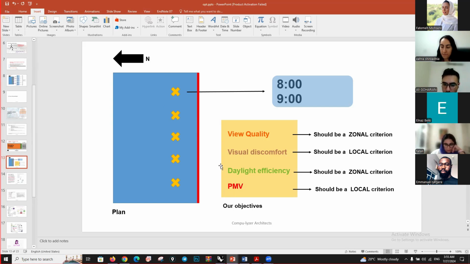I mean, the visual discomfort and PMV are completely related to each other, and they have conflict. There is a point in optimization: consider the conflict. Actually, when your criteria have a lot of conflict, your optimization process will definitely be correct after iteration and optimization operation. And for this,